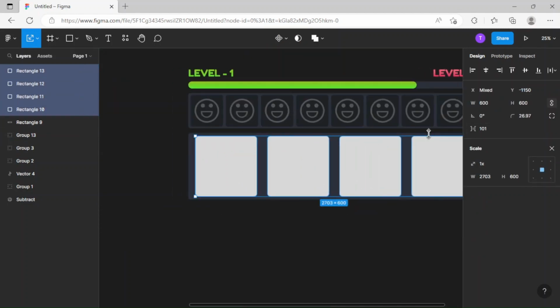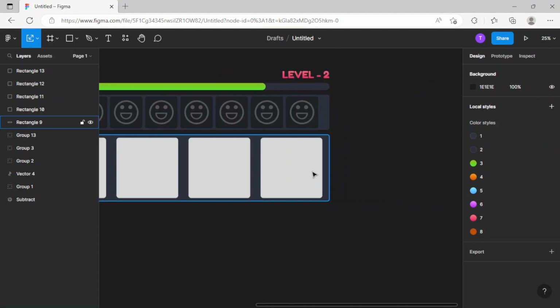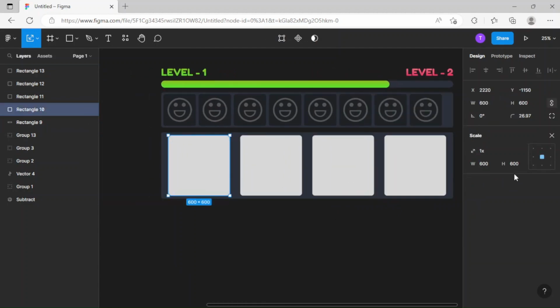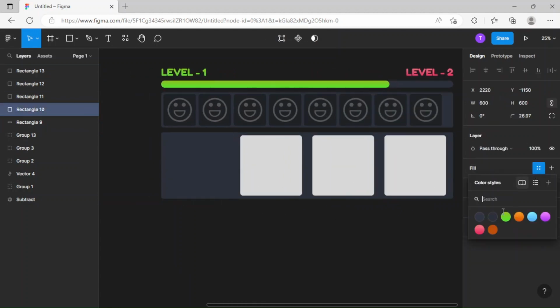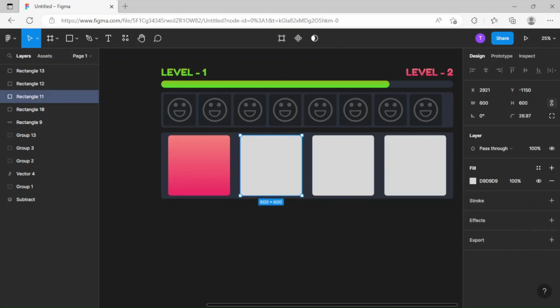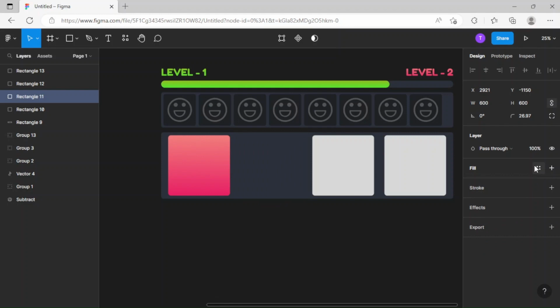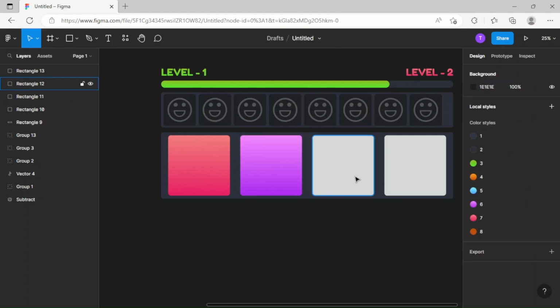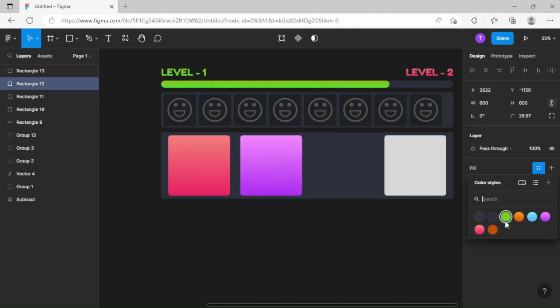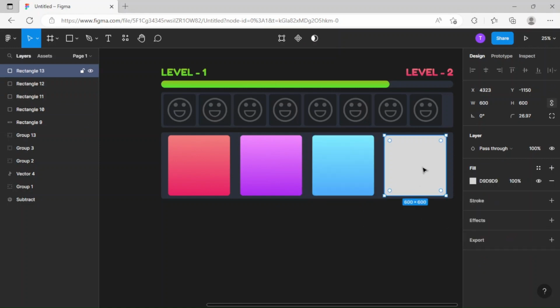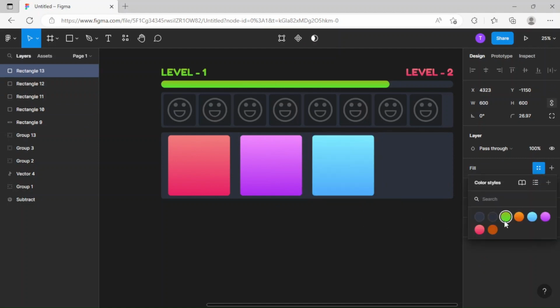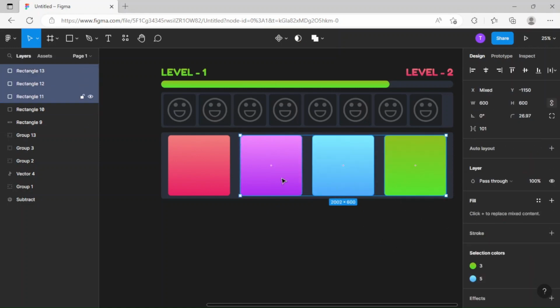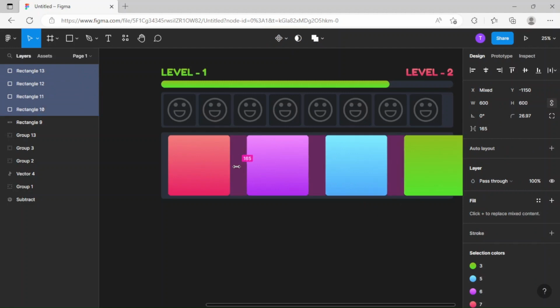So I think that looks good. Let me just size it to, yeah, no need, that looks good. So now for this first button I'm gonna go for the pink gradient. For the second I will just go for the purple one right over here, and for the third I'm gonna go for the cyan color. For the fourth I'm gonna go for the green, and I think there's a bit too much gap